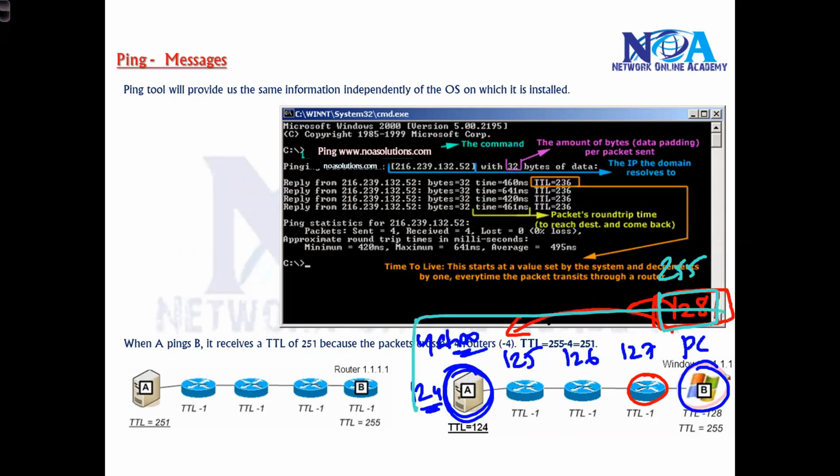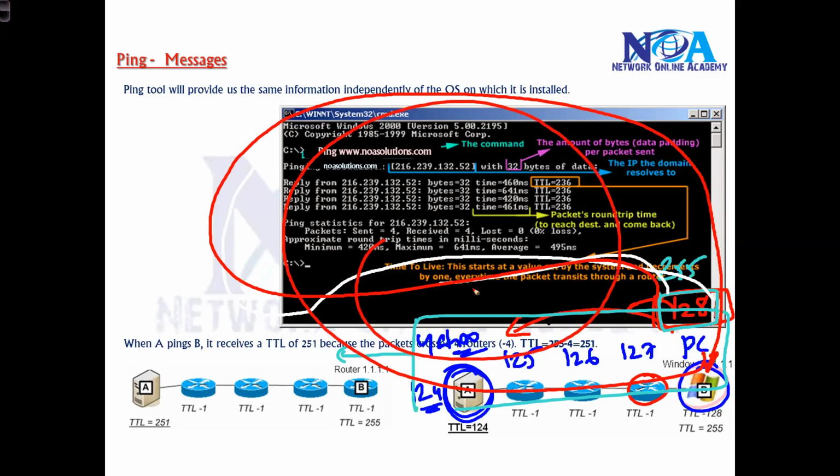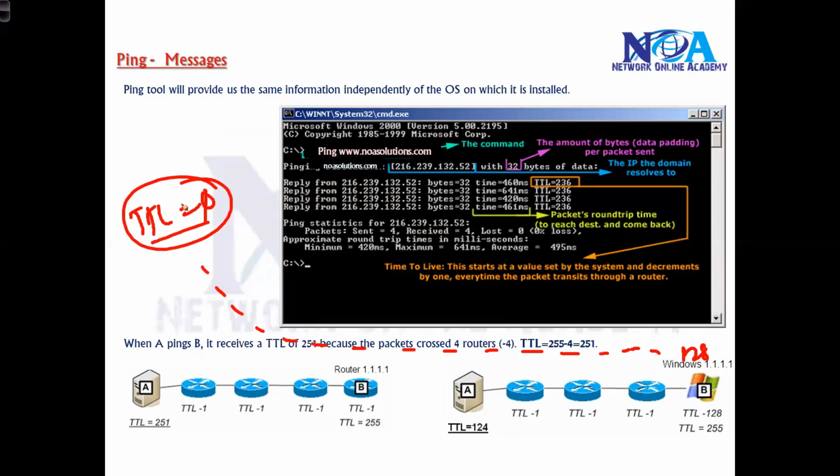This is actually a loop prevention mechanism, because you don't want your packet, while it is traveling, to come back again. There is a possibility that your packet may travel and come back here. This may create some kind of loops. So that's the reason we have a limit, like 128. When the TTL value becomes 0, it will drop that connection, which means the packet cannot go more than this many hops.